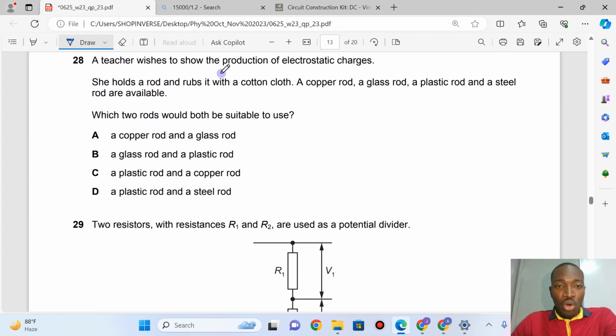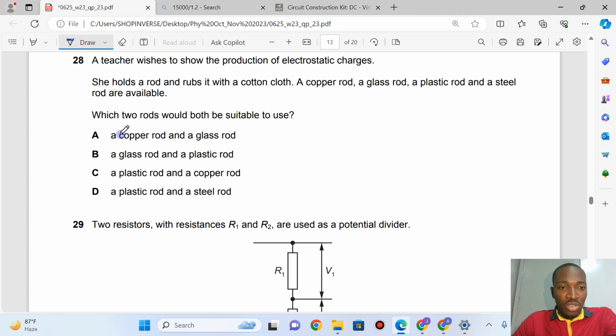A teacher wishes to show the production of electrostatic charges. She holds a rod and rubs it with a cotton cloth. A copper rod, a glass rod, a plastic rod, and a steel rod are available. Which two rods would both be suitable to use? We don't use metals to produce static electric charges. Why? Because electrostatic charges are charges that rest, that are stable, they are not moving. If you use a metal, a conductor, the charges will flow through your hand, through your body,